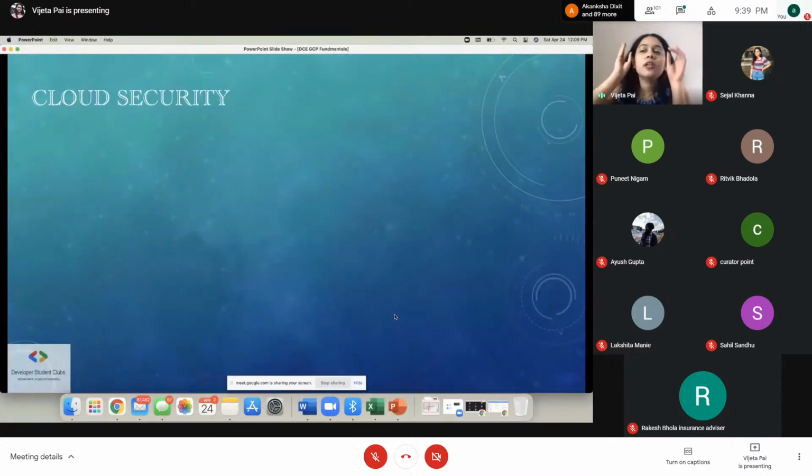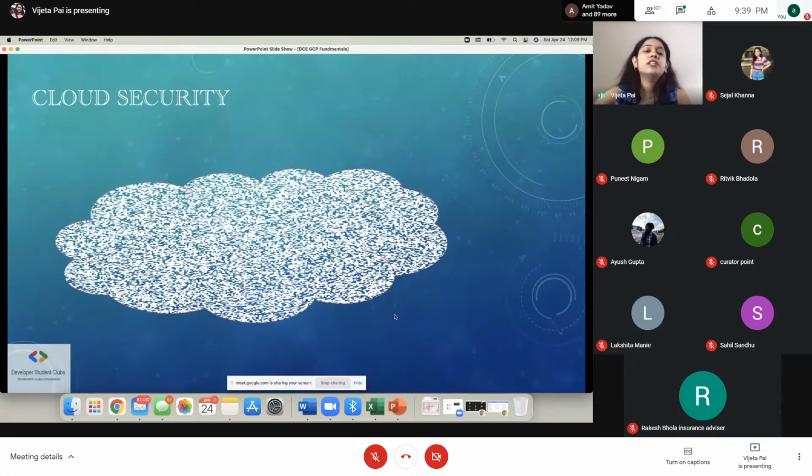I'll just move on. Now, you have a lot of applications on the cloud, right? You have a lot of data, you have a lot of applications, and there's a lot going on out there in your Google Cloud platform. What is very important is to make sure that all your applications are secure. What do I mean by cloud security?